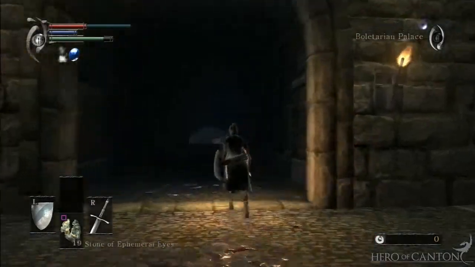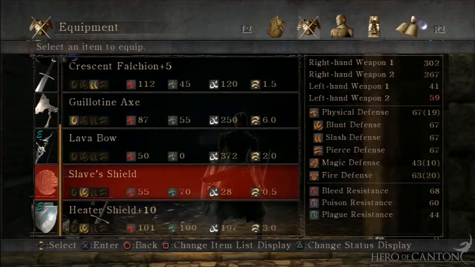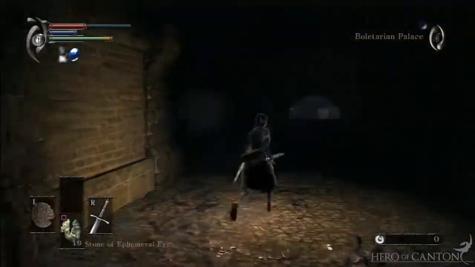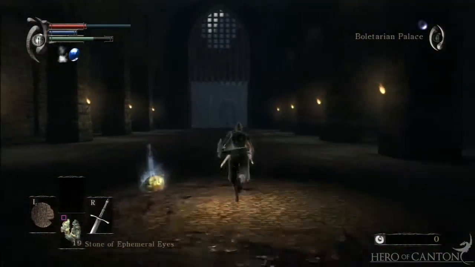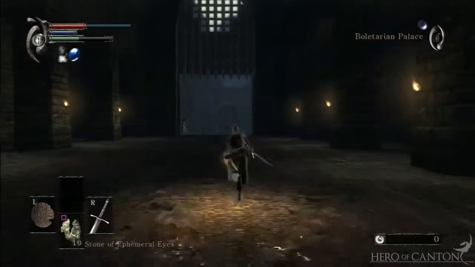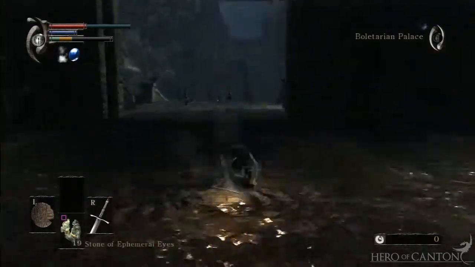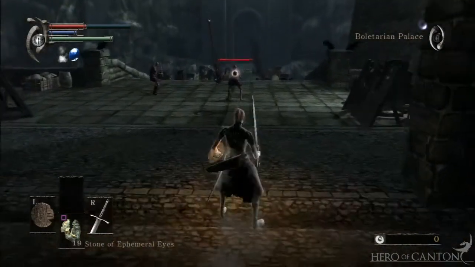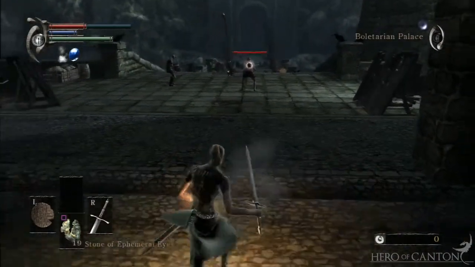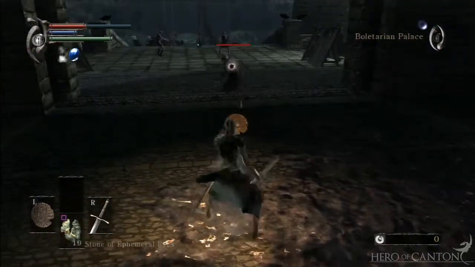This is Demon's Souls, Soul Level 6, NG+, Pure Black World Tendency. This is the Phalanx Archstone, which means we are heading towards the Tower Knight. This is the second part of Boletarian Palace, and at the moment I'm just running back to one of these enemies to try and get some hyper mode going so that I can get my Clever Rat Ring and Morion Blade combo going,